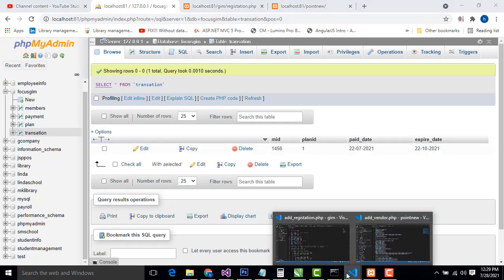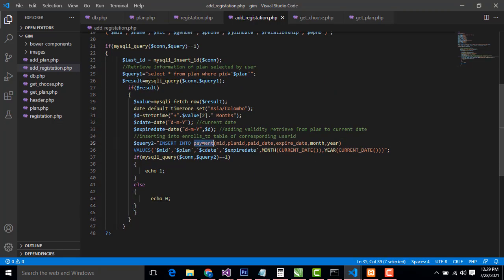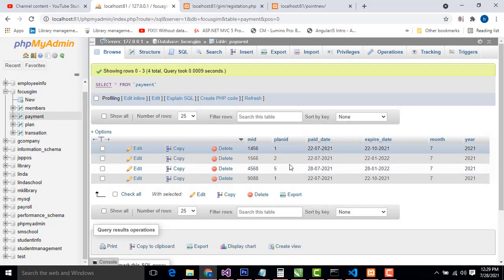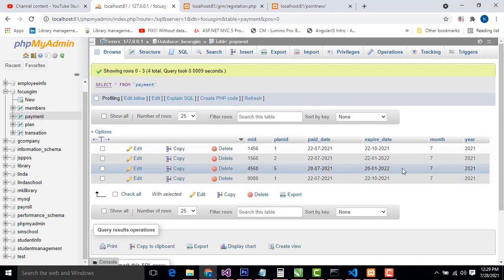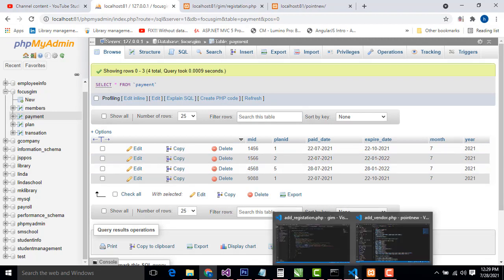So here I mentioned the code in a very simple way. It will be saved in the payment table. Here is the payment table, you can check the code. All the plans will be calculated and saved under the payment table. Here, choose your plan. If you chose the 600 plan, you have to do it here. Very simple. I hope you guys understand the stuff.